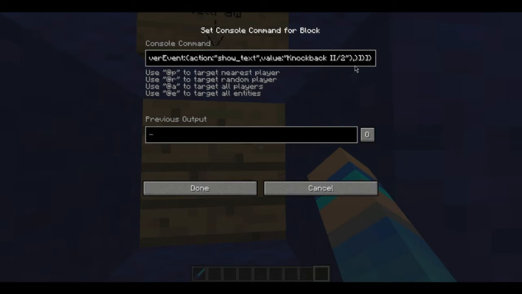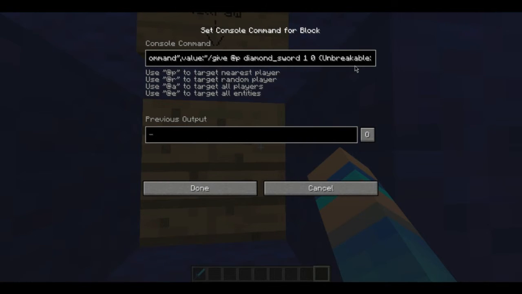So then let's add what's called click event, action, run command, and then comma value, give @p diamond_sword 10, and then we'll make it